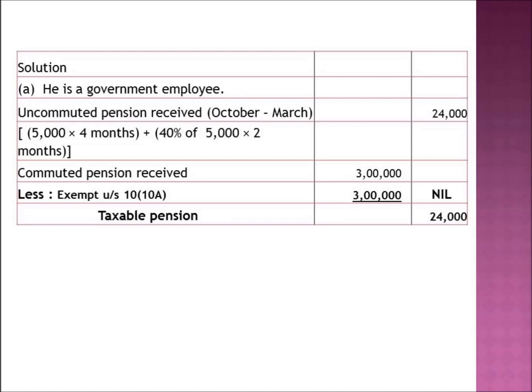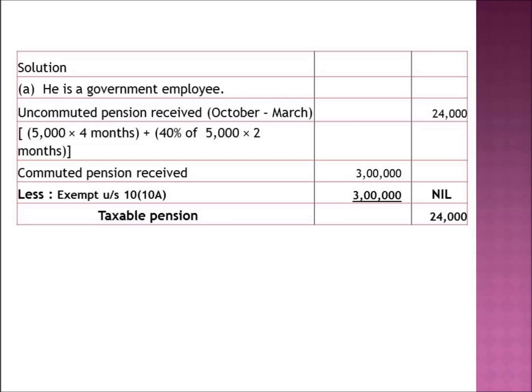He commuted 60% of his pension, so now he will receive only 40% of the uncommuted pension. So that will be 40% of 5,000, that is 2,000 into 2 months, that is 4,000. So the total uncommuted pension from the period of October to March which he is eligible to receive is 20,000